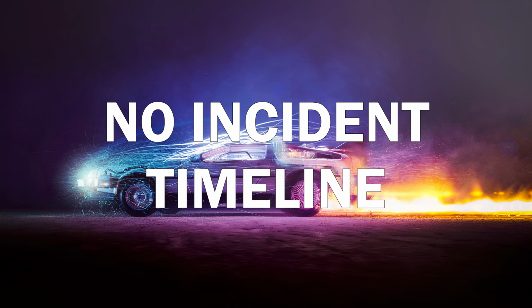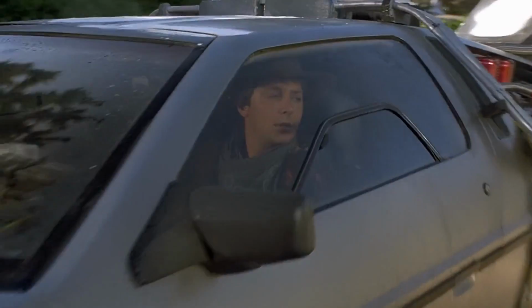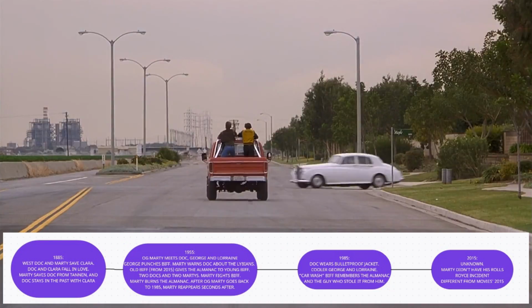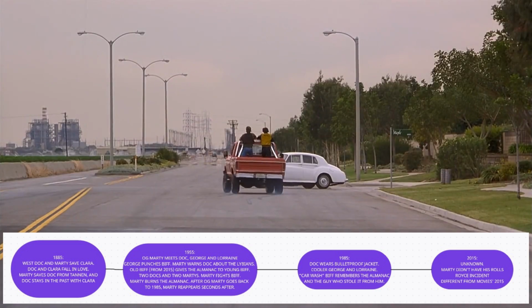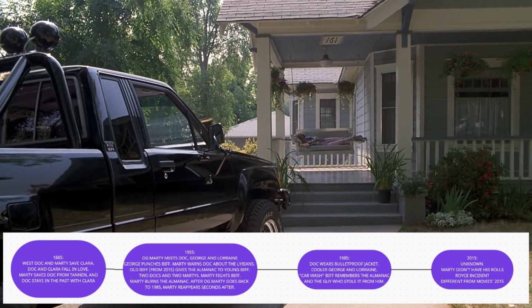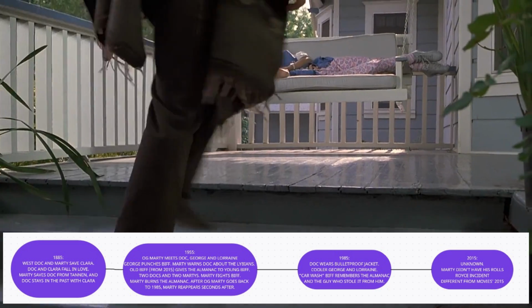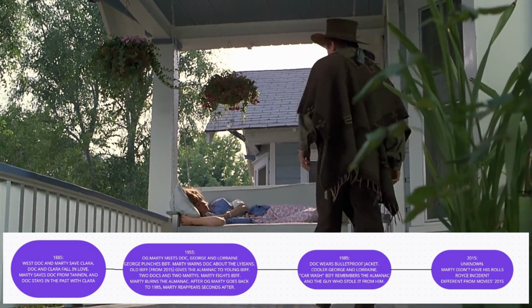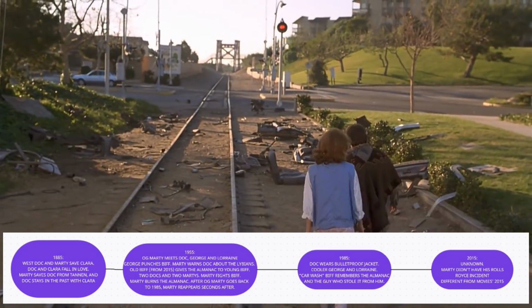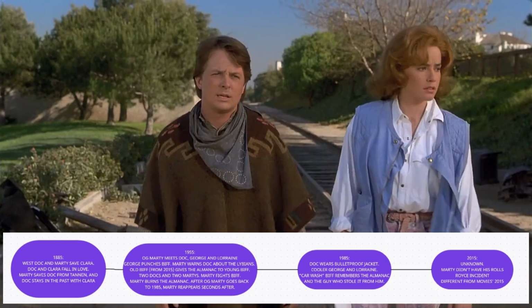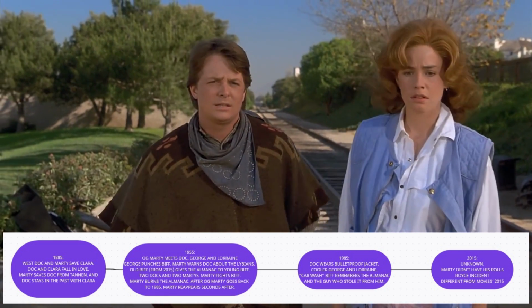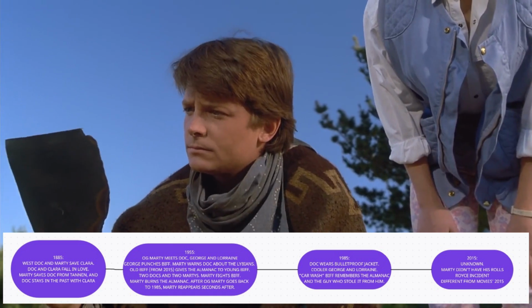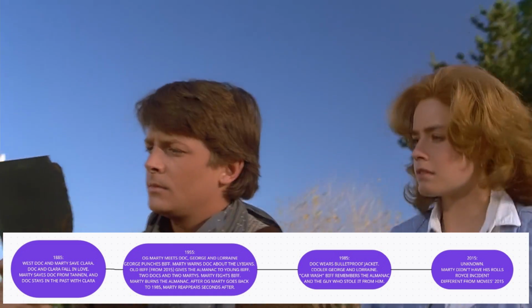No incident timeline. Marty goes back to 1985. He destroys the DeLorean, and he doesn't have the Rolls-Royce incident. Only now, we can actually say for sure that the future will be different from what we've seen before. But this is not the final timeline, because there's another person now who has a time machine, Doc with his time train. In this timeline, Marty doesn't meet Doc with his family. This happens in the